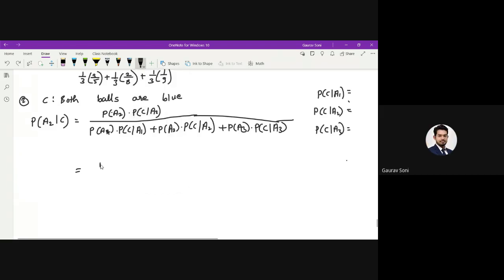So probability of C when A1 has occurred, first of all,